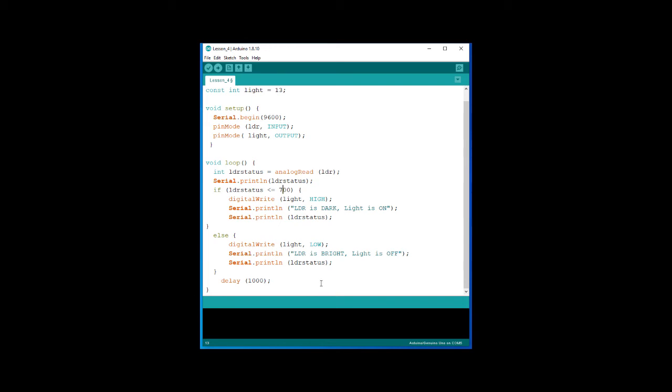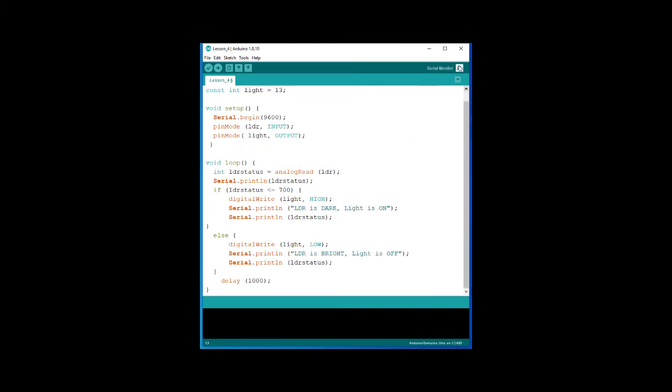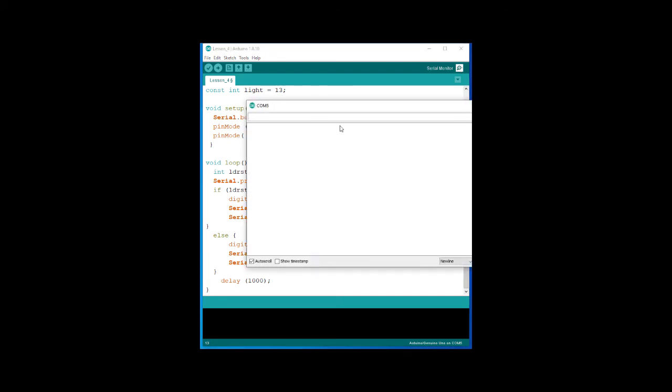Now we take a look at how it appears in the serial monitor. We plug in, and make sure the Arduino is on COM port number 5, and then we turn on the LDR. So now it's 873, it's very bright, the light is off. The light is off because the LDR is very bright, so we try to cover the LDR. Okay, so now